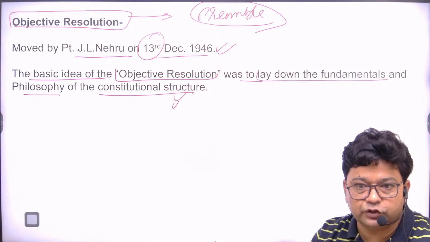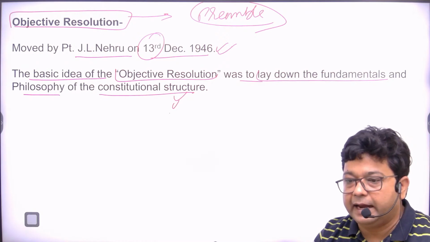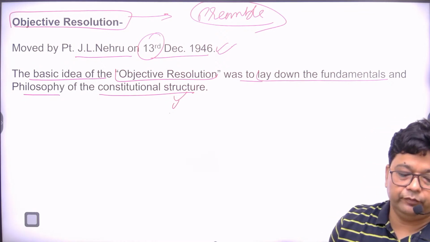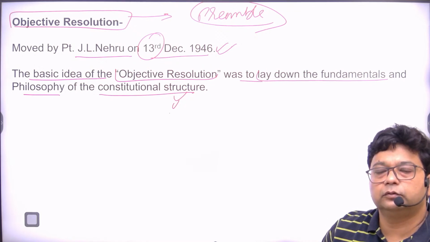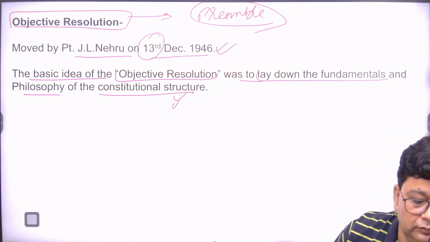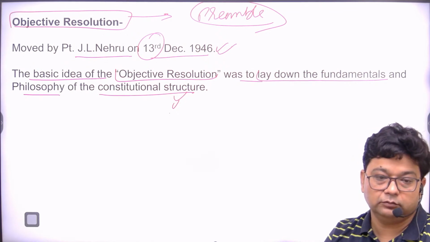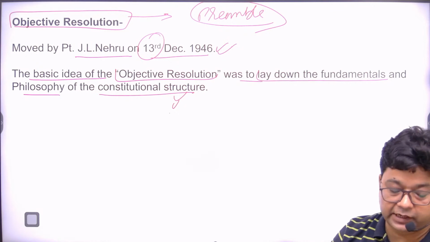Under the objective resolution, adequate safeguards will be provided for minorities, comma, backward and tribal areas,